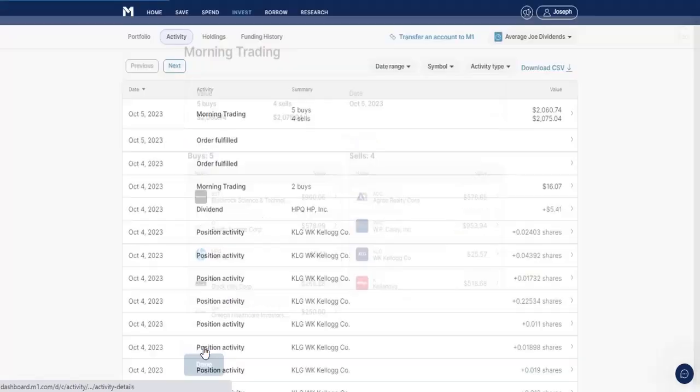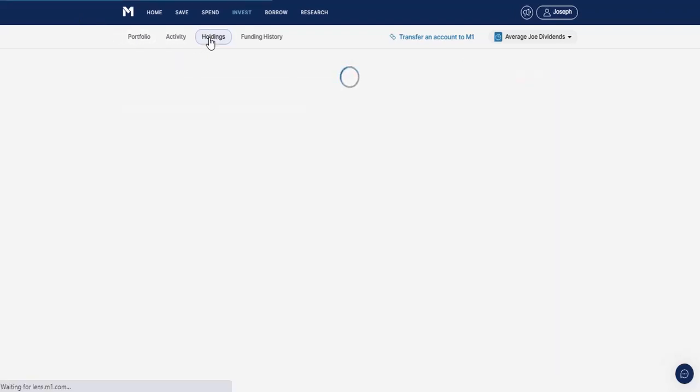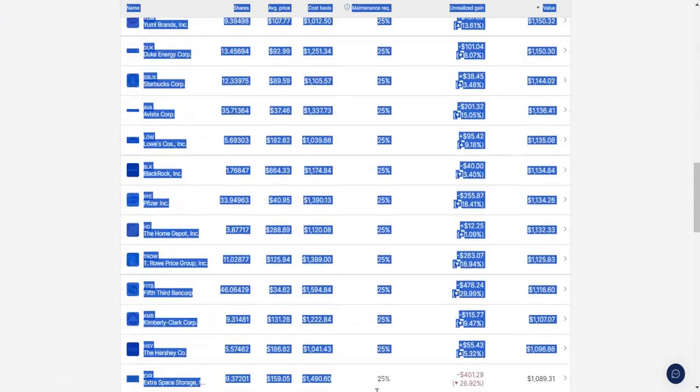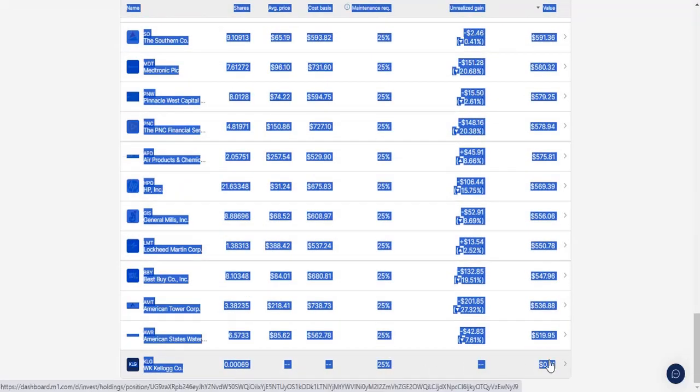So what we're going to take a look at now is what this did to my income, my monthly and quarterly and annual income for the portfolio. We'll see if it went up or down as a result of this change. So I'm going to go to the holdings tab and grab the data. So down some positions here, just down to 66. Actually should be 65, because lingering in there,